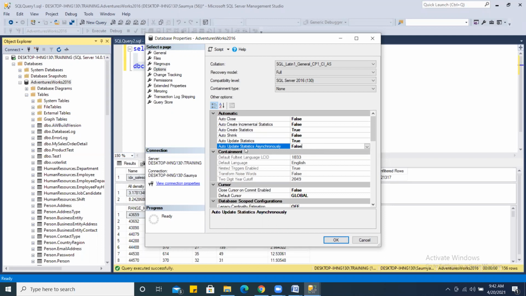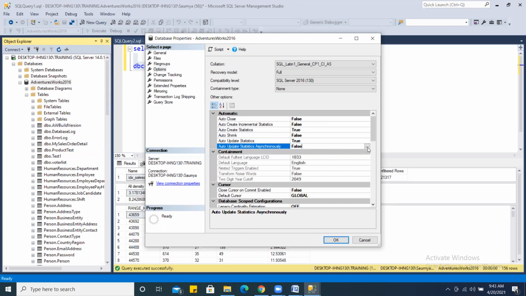But if someone is executing a query, and at that moment that condition triggers, your query will be executed using the old statistics, and after that the statistics will be updated, because updating statistics is a CPU intensive operation. It takes time, right? So if this happens against a large table, then it hurts the performance of your query.